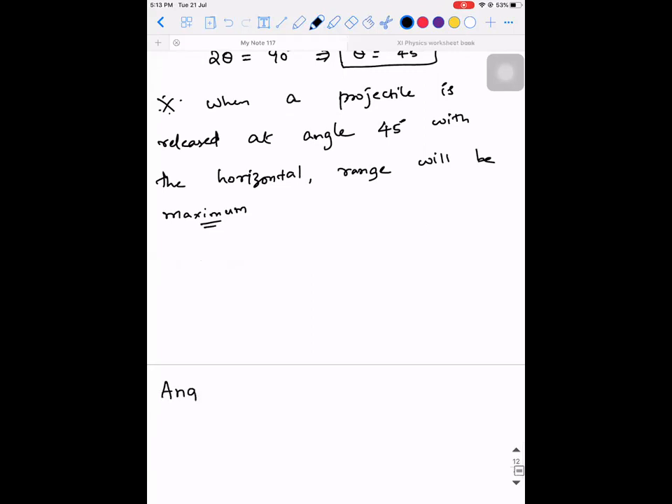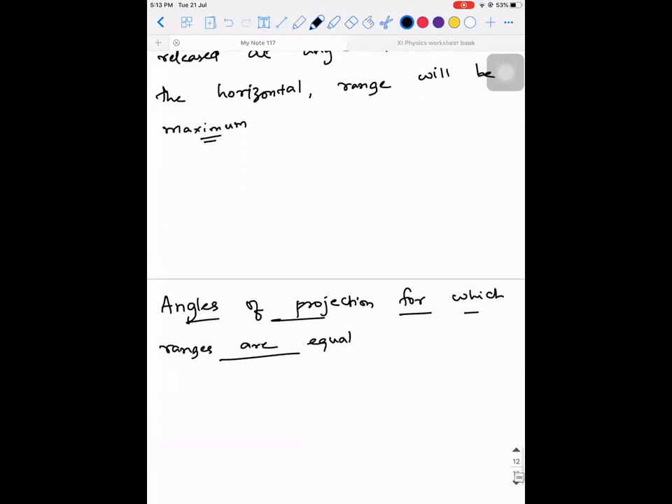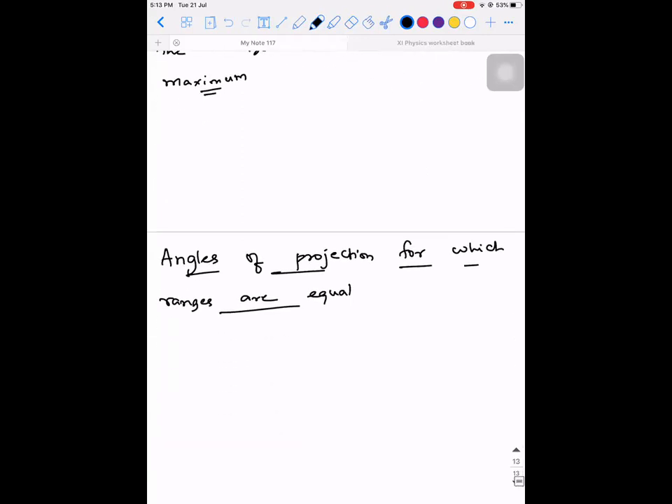Heading is angles of projection for which ranges are equal. So now what we are going to do is we will see what are all the angles of projection for which the ranges are going to be equal. Okay. The meaning of this is